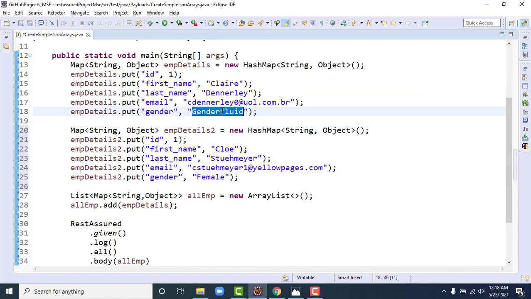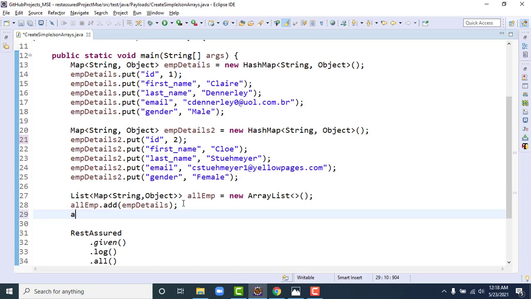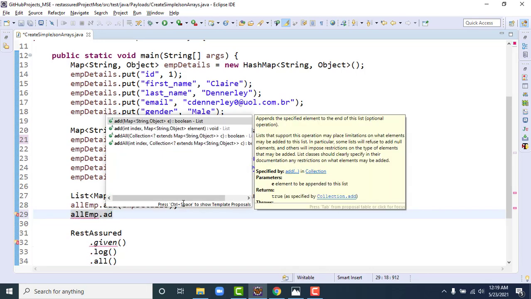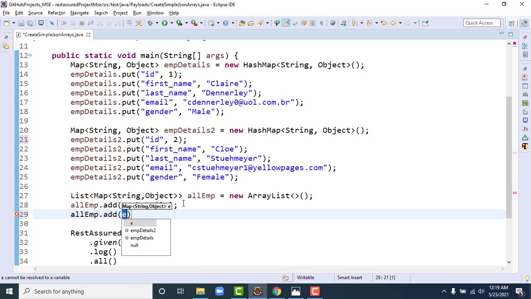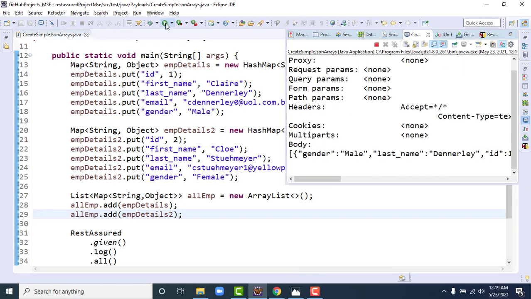Now you know what type of gender it is. Id2, then we can add it here. Import details 2. Let me run it again, and we can see one JSON array will be passed with 2 JSON objects, which is what we wanted to do. And we have done that very easily.